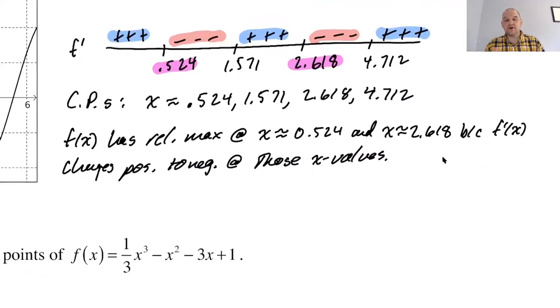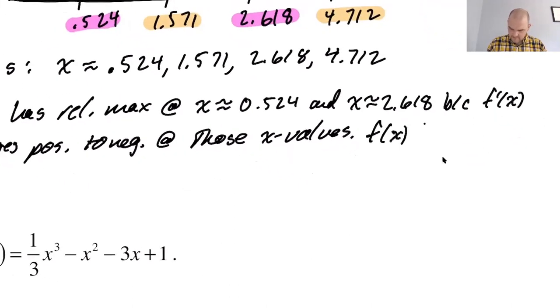Now let's group our justifications for minimums. Where are their minimums? So there's going to be a minimum anywhere the derivative changes from negative to positive. So that's not a highlighter at all. The derivative changes from negative to positive here and here. So let's say